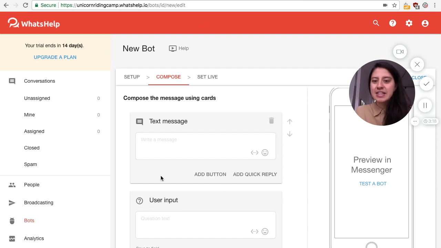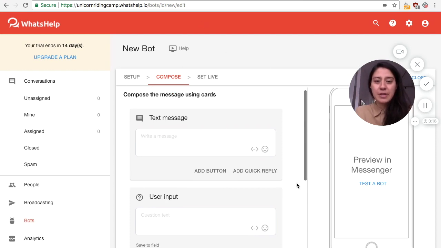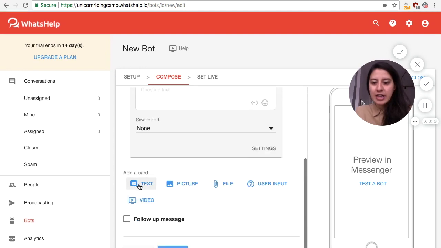So as you can see, the setup here is made up using different cards, and you've got your different format cards here. You can make a text card, picture, you can attach a file if you have a downloadable PDF or image or brochure that you would like to share with your users. You have a user input card, which we're going to add here. That becomes relevant if you would like any sort of email, telephone, or other contact information or general information from your clients. For example,